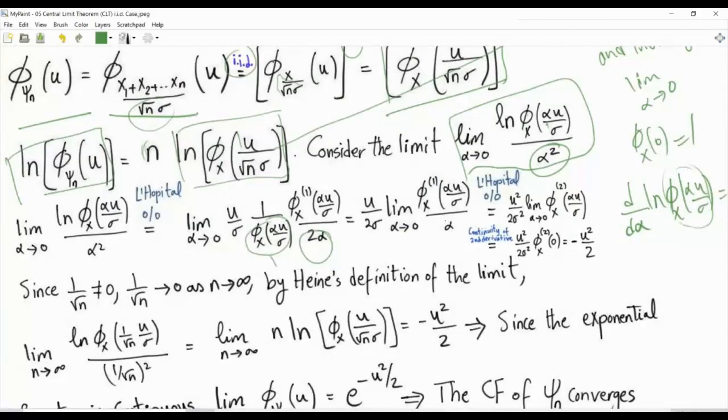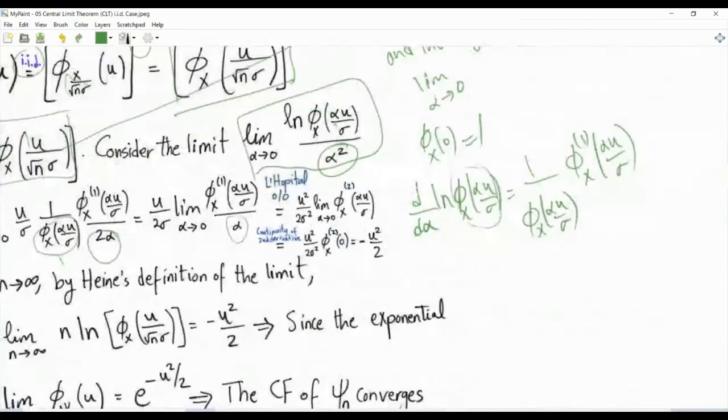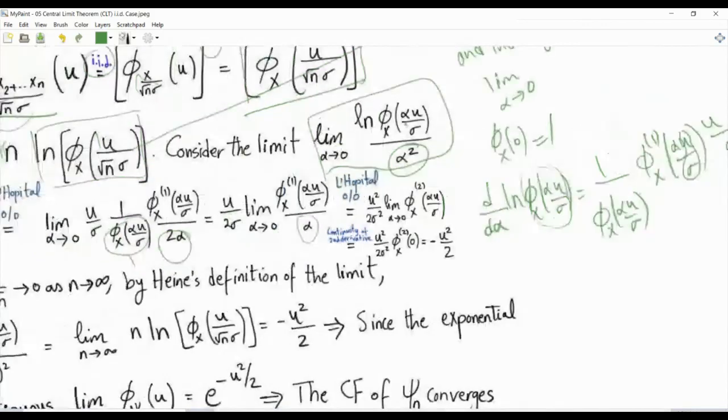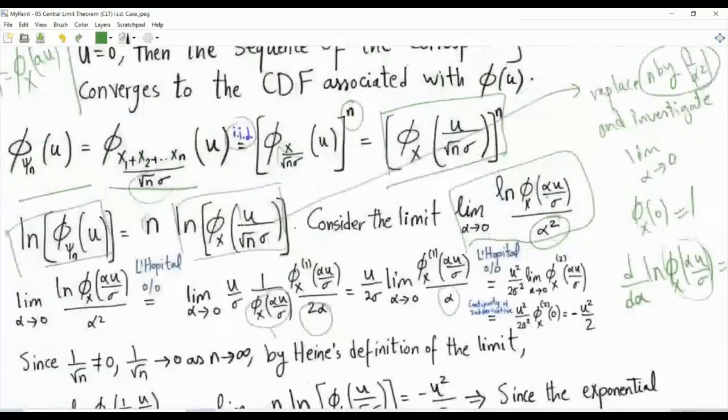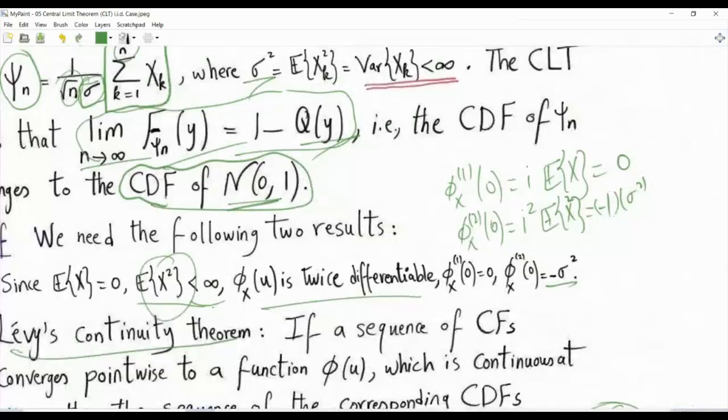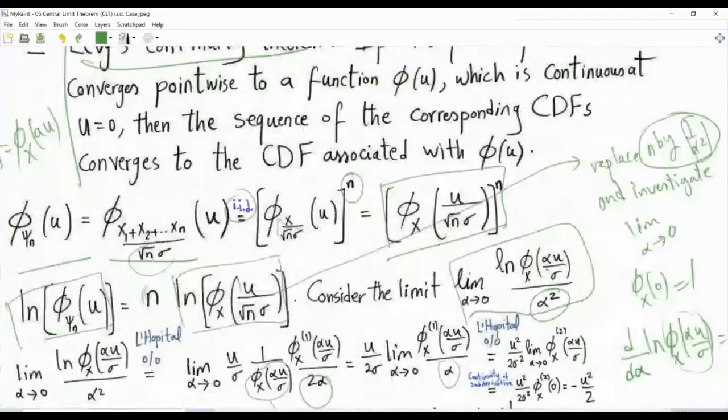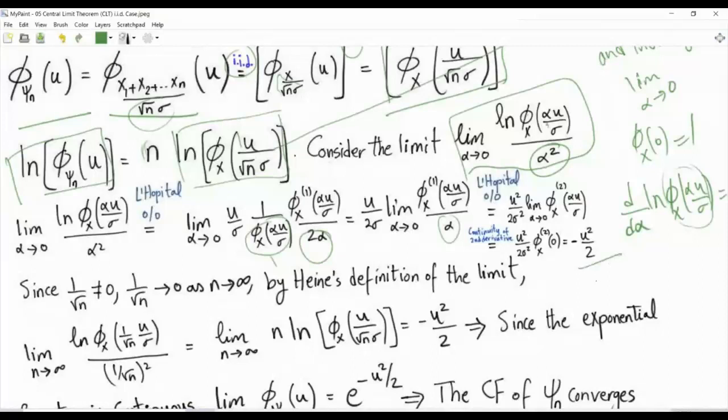And now the alpha is gone because the derivative of alpha with respect to alpha is 1. Of course, when you differentiate this by the chain rule with respect to alpha, you will get u over sigma outside. It's like a constant multiplied by alpha. And when you differentiate again, you will get u over sigma again, and so you will get u squared over sigma squared, and then you will get the second derivative of the characteristic function evaluated at 0, and by our previous theorem, this is minus sigma squared. Okay, and so it's minus u squared over